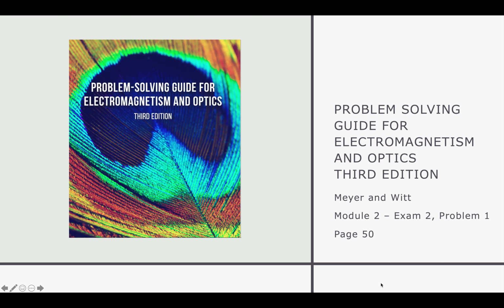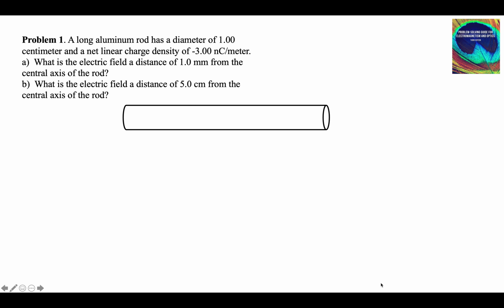This is a walkthrough of Problem 1 on Exam 2 in Module 2, which is on page 50 in the book Problem Solving Guide for Electromagnetism and Optics. Problem 1 is: a long aluminum rod has a diameter of 1 centimeter and a net linear charge density of -3 nanocoulombs every meter. What is the electric field at a distance of 1 millimeter from the central axis of